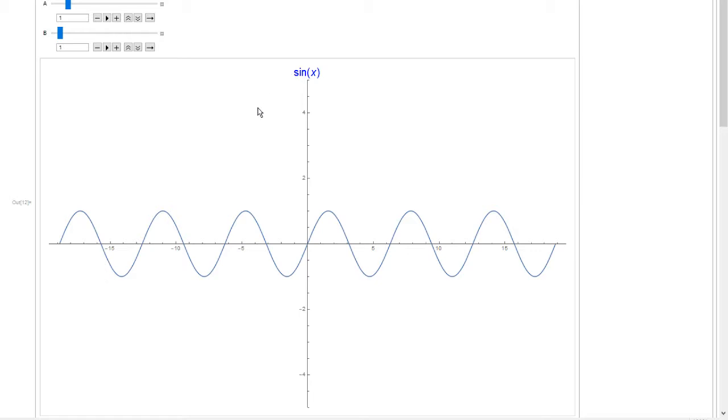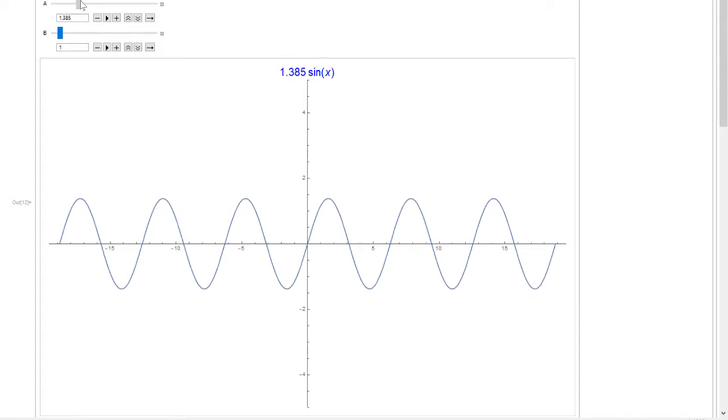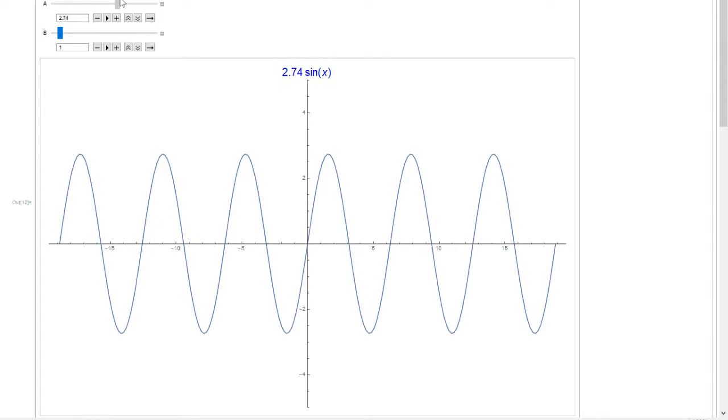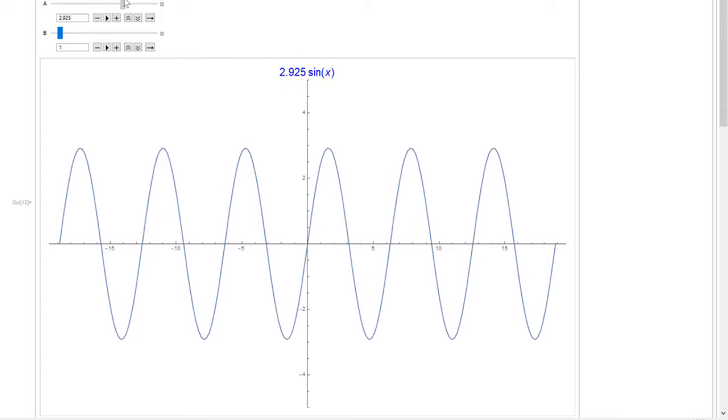So notice in this graph, 2 is the height right there. The normal amplitude of this thing is 1. So as I start to stretch this a value, you'll see the values show right here. So as I go up, what's happening with our curve? Well, it's starting to increase. So if I go all the way to say 3, or somewhere around 3,